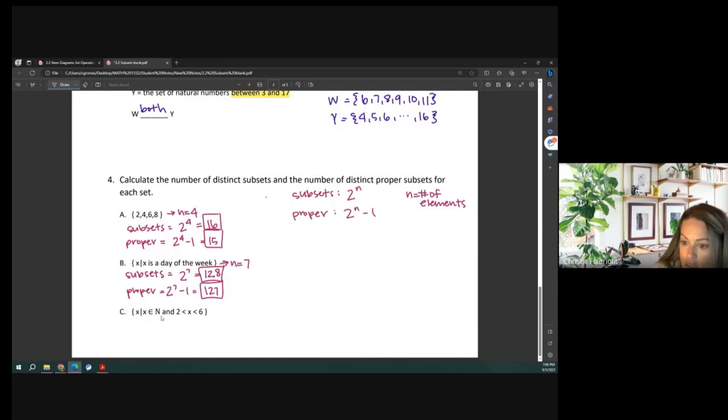And then on C, we have that x is between 2 and 6. So it would be 3, 4, and 5 in our set. So n equals 3. Our subsets is 2 to the 3rd, which is 8. And then the proper subsets is 2 to the 3rd minus 1, which is 7. And that is all for